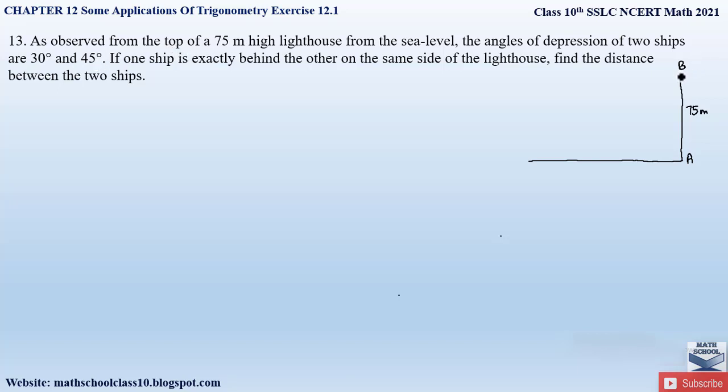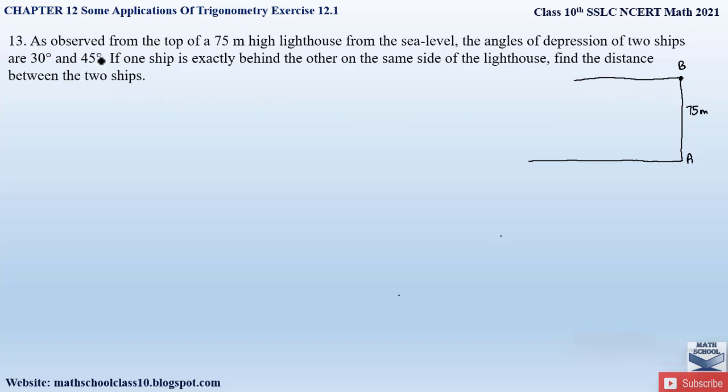So from the top of this lighthouse, angle of depression means it comes from top to bottom. In a case of angle of depression, we have to lower our head. That means it comes from top to bottom. Now here, this is the point at which a person is viewing the two ships, forming the angle of depression of 30 degree and 45 degree. So when a person stands here, a horizontal line has to be drawn from his eyesight. So this is the horizontal line, and which is the angle which is going to come into picture first.